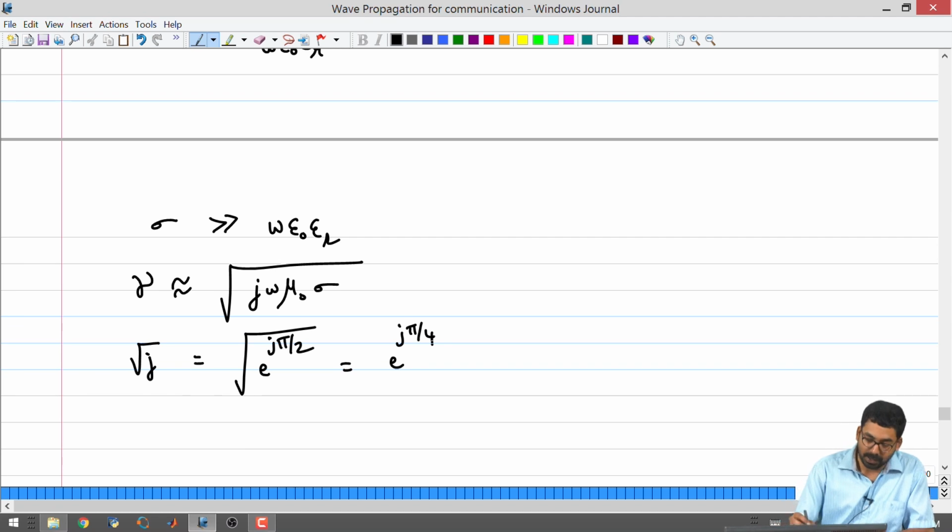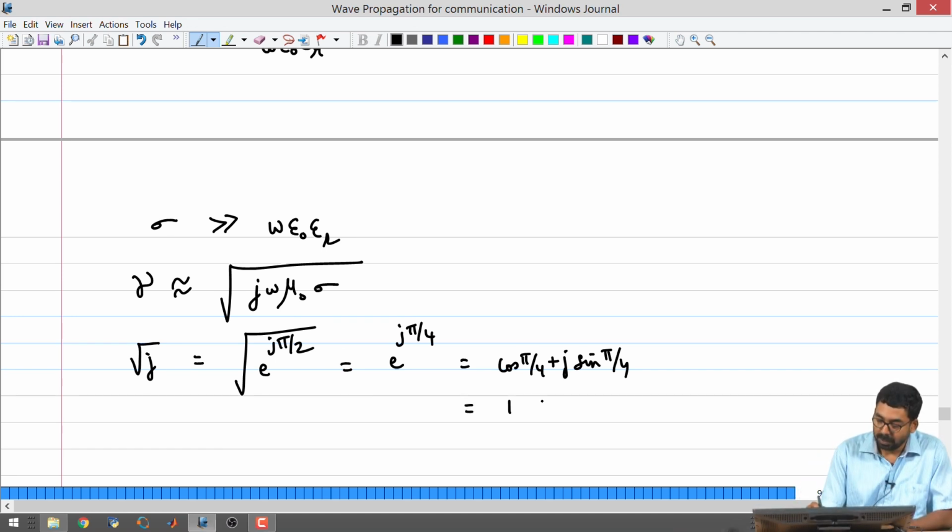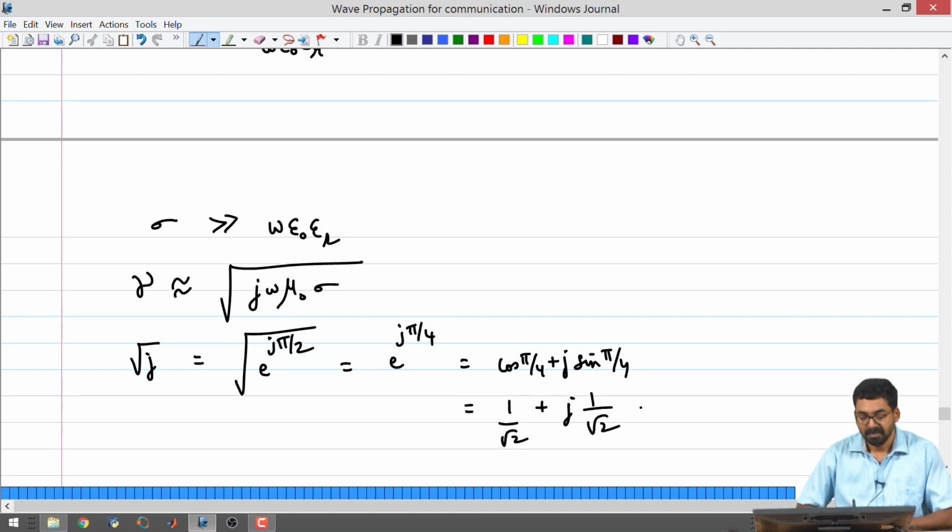and you can say that this will be cos pi by 4 plus j sin pi by 4, that is the only thing. One of the advantages of doing this is this gives you a neat 1 by root 2 plus j times 1 by root 2. The advantage is, if you look at the remaining terms, omega is going to be a real value,